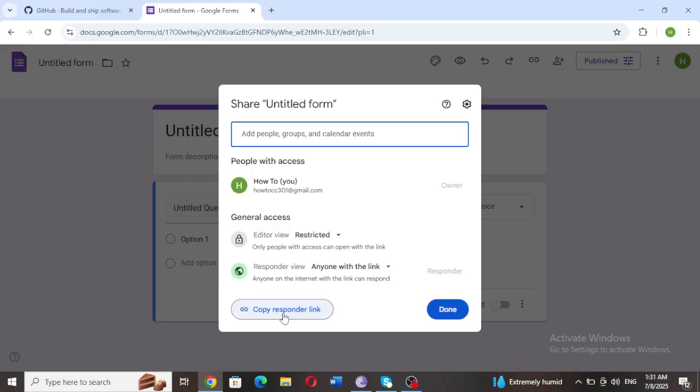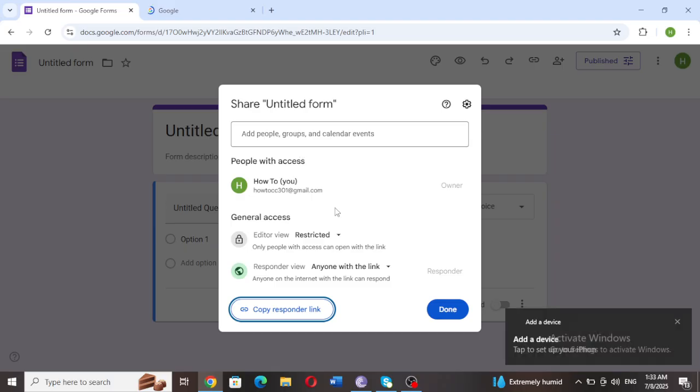Now for the next step, you can go to any URL shortener like bit.ly. I'll add the description box of this and then paste your form link and click shorten. Then click edit to rename it with a custom word or phrase while sharing it with others. And that's it. Now you have got a clean,